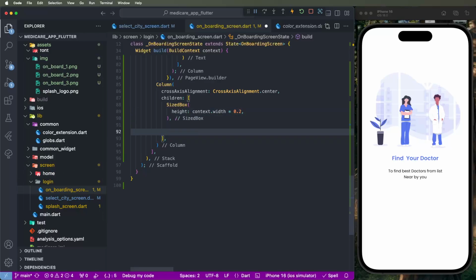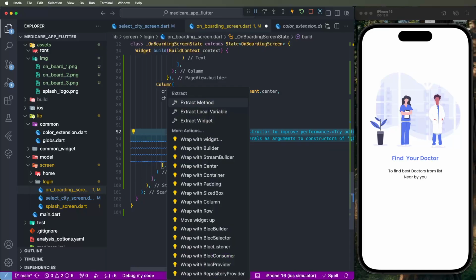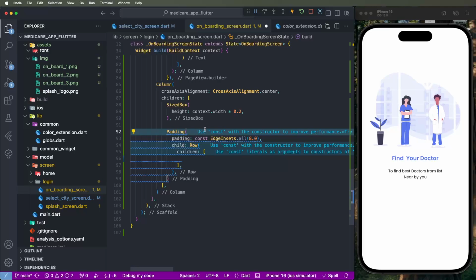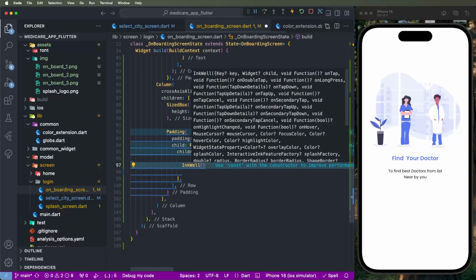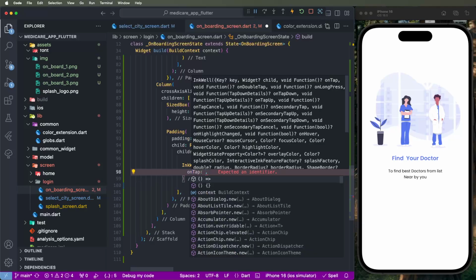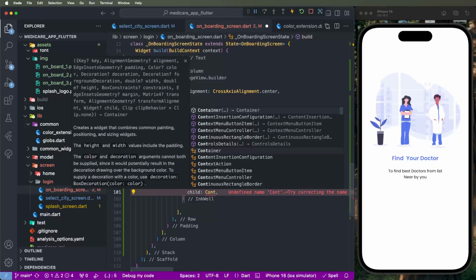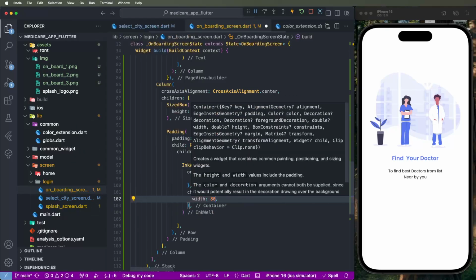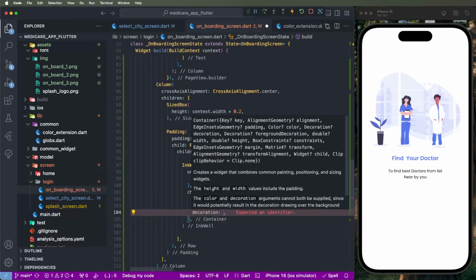Now need to write down here. First of all need to draw here the row, and we need to set here the paddings of the horizontals, with paddings, and we need to set here the padding symmetric horizontal 20 like this configures, and to save. Now need to draw here the custom buttons, need to develop InkWell, need to use here, and we need to write down here the on tap event like here, and check here the child, and first of all need to develop this here the container, give this here the width we need to set here the 80, and also need to set here the height 40, and then after need to set here the decoration box decoration,